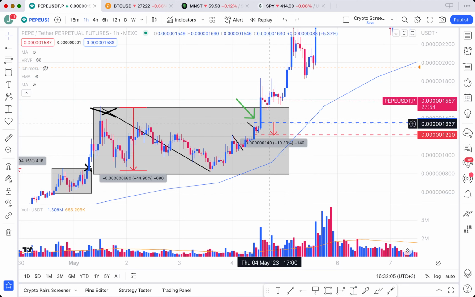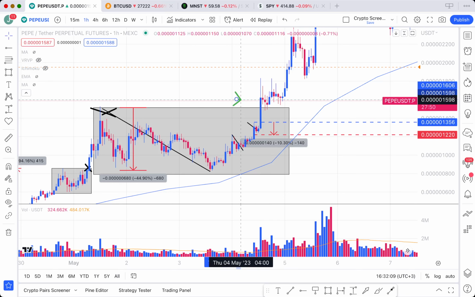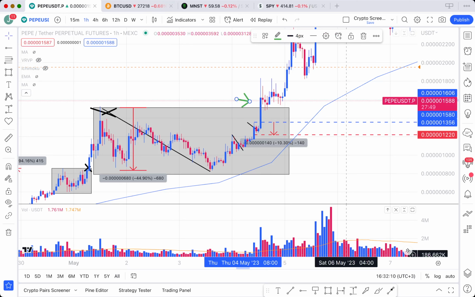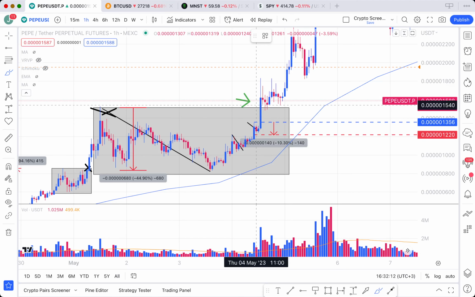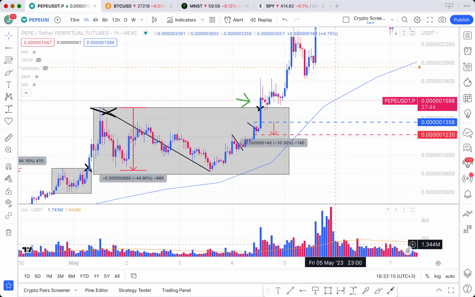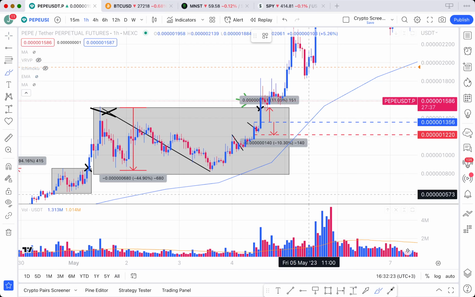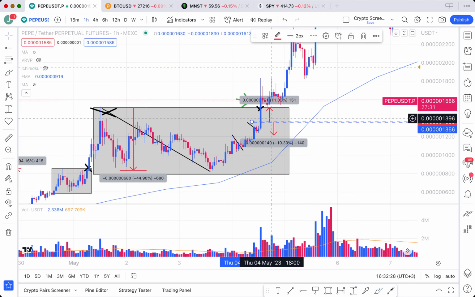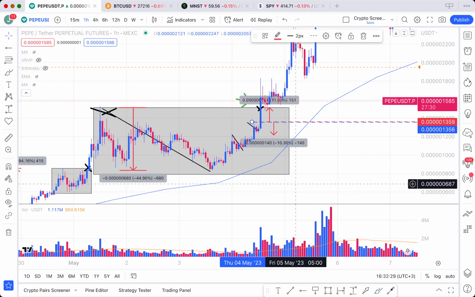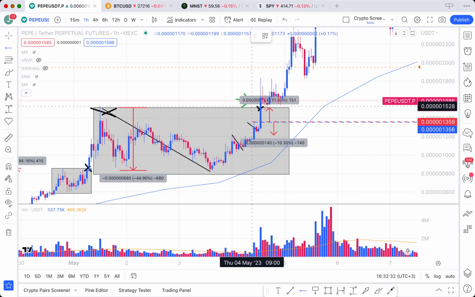So we started a position here, and then we added on this breakout over here. Why? Because this was an all-time high breakout, and we were already in profit on this position. So we doubled the position. We already had 10% profit, and then we moved the initial stop from here to here. So the first position is already at break even. The second position we added over here was now with 10% risk. So I had double the position, but only the risk of half of the trade over here.